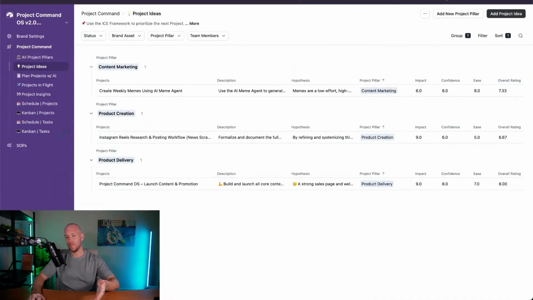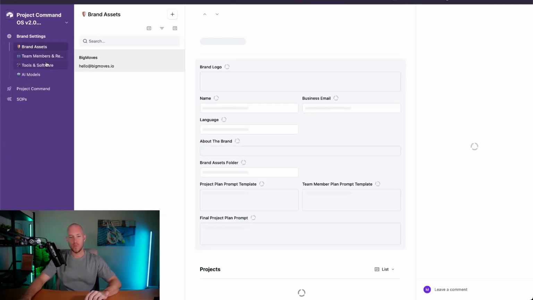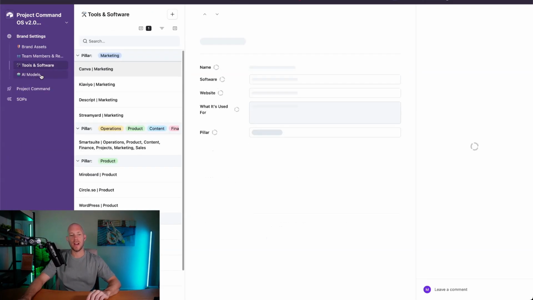This custom built AI automation project planning tool is actually insane. I'm going to give you a full tour through this today. I'm going to plan a project with you today in Project Command OS 2.0. But you can see here, we built this inside of Airtable, and we built it because we had a client